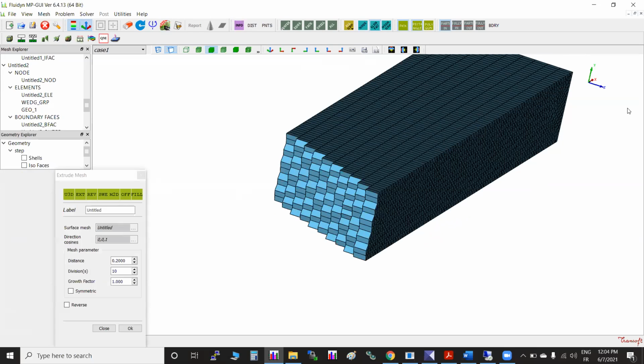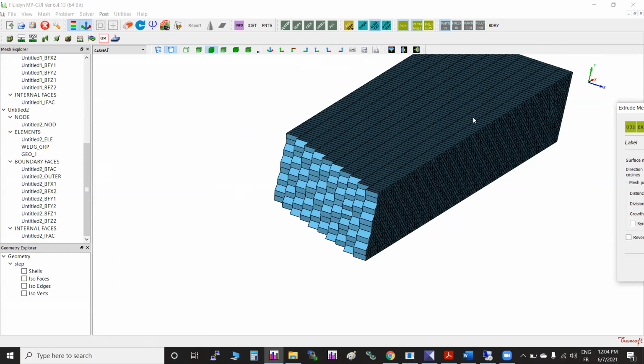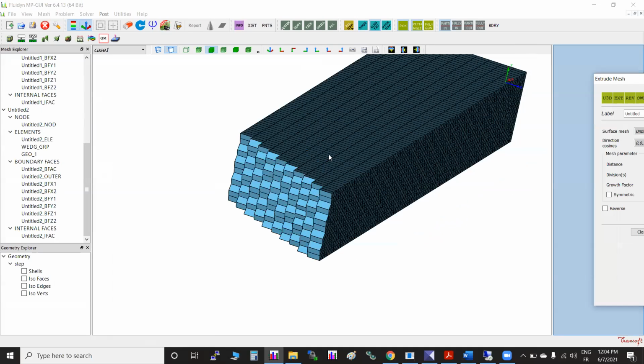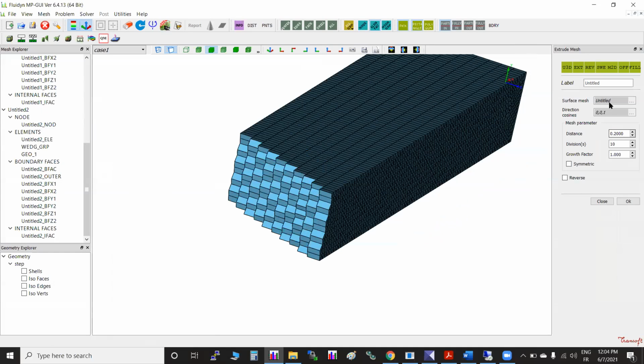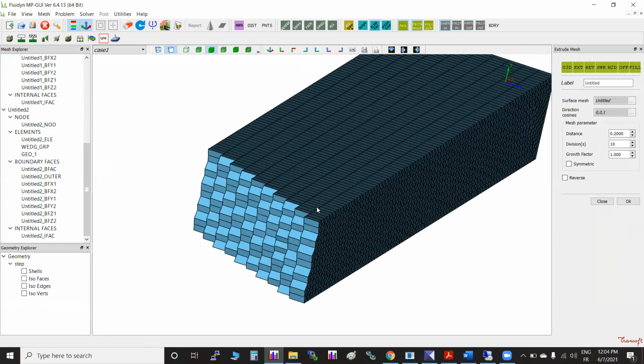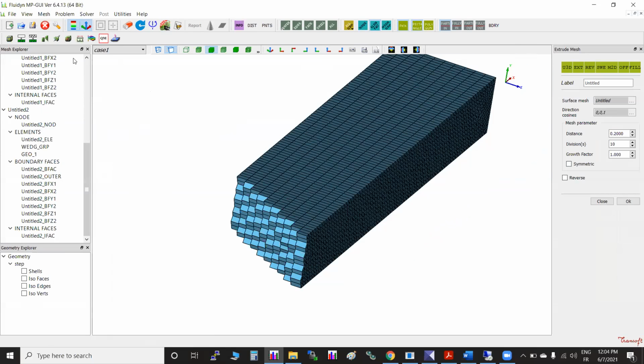You can put it at different locations. Like this, it will not go unless you close it. So you can always have multiple meshes. You delete old meshes, and as soon as you feel okay, this is the correct mesh, you can keep it. Right? So these kinds of things we can perform.